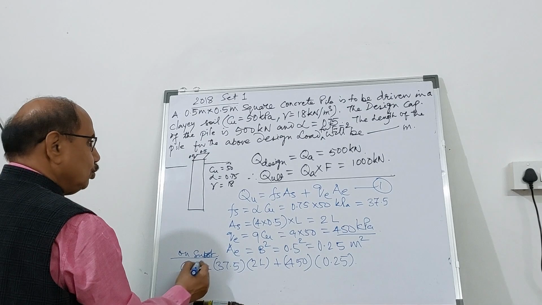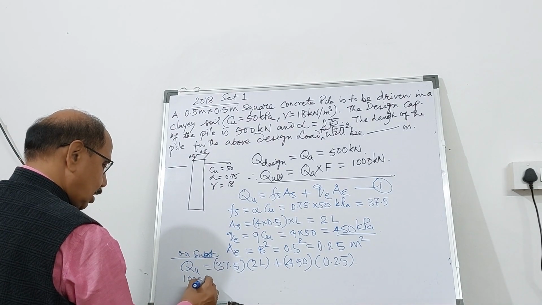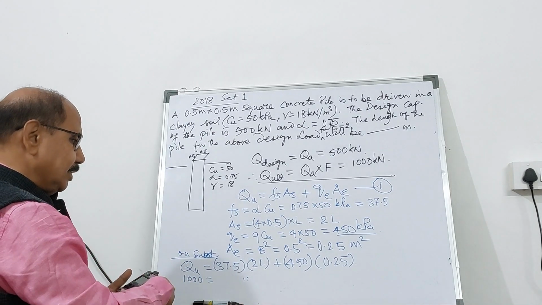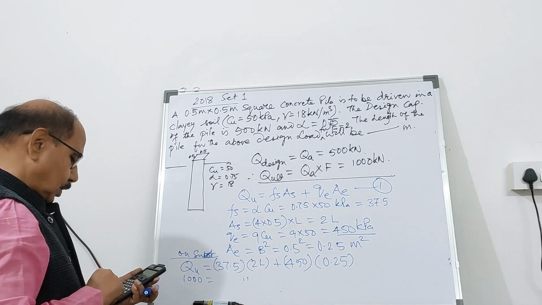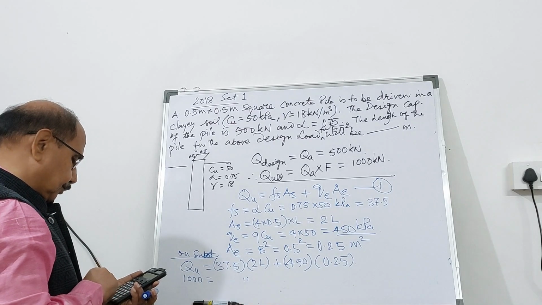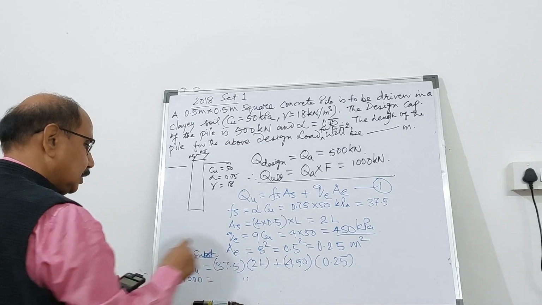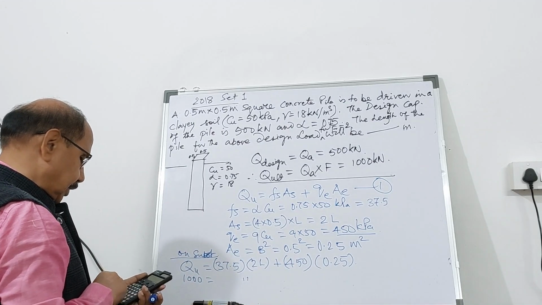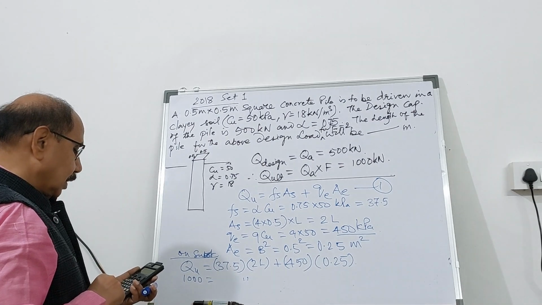Now the Qu is 1000, so this becomes 1000 equal to this. So let us simplify this. So 1000 minus this term, that is 450 into 0.25,